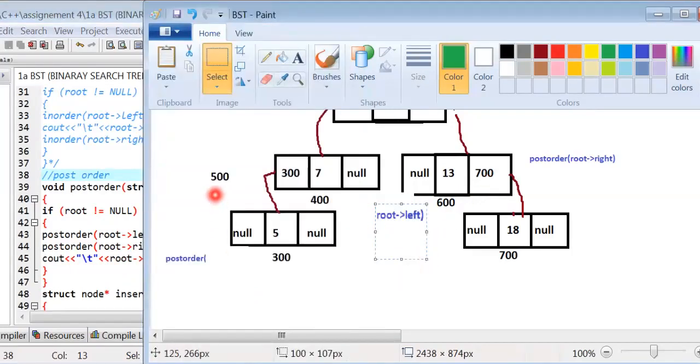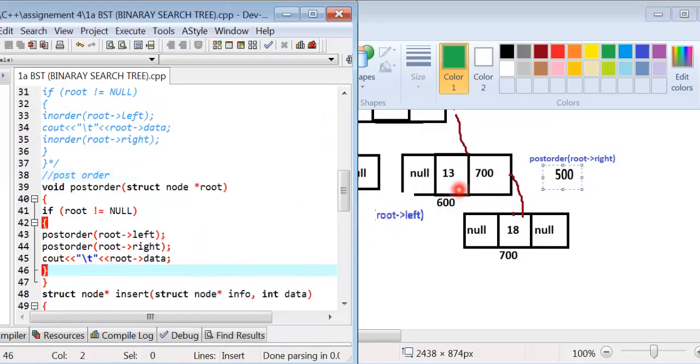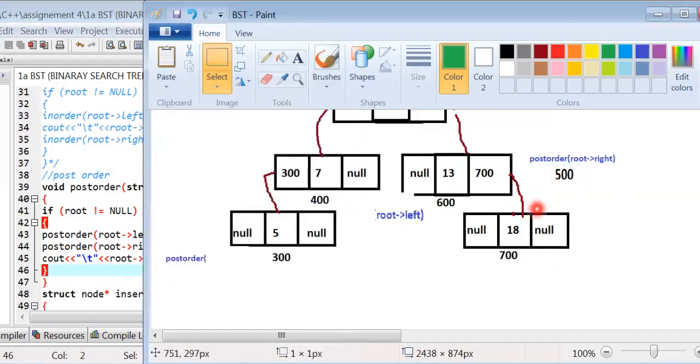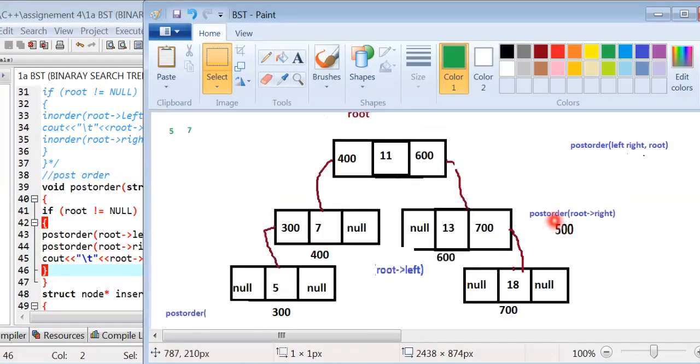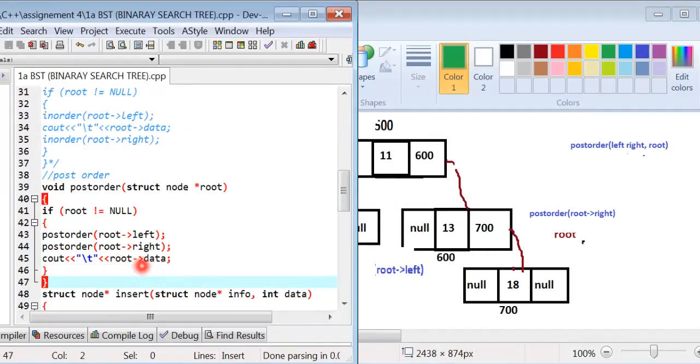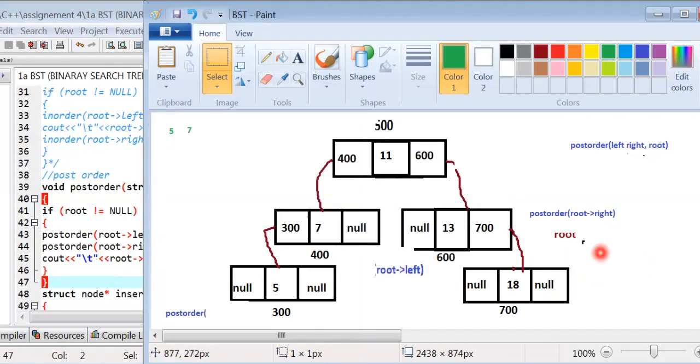Root points to this node, and root right value is 700. 700 is inserted, and root points to this node.